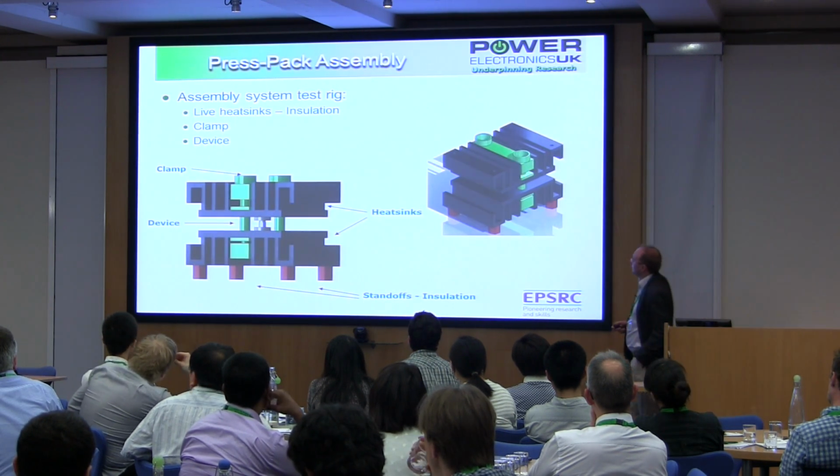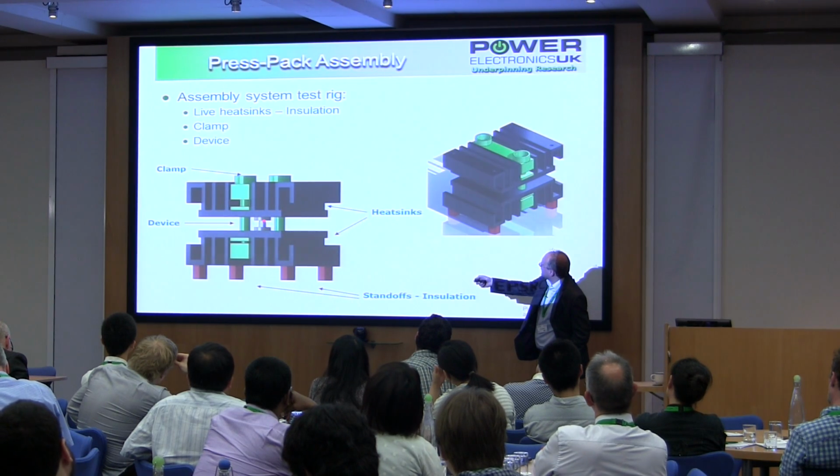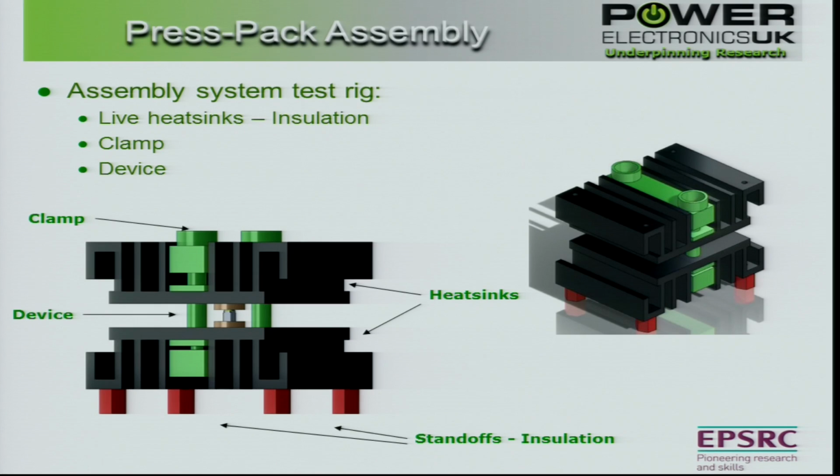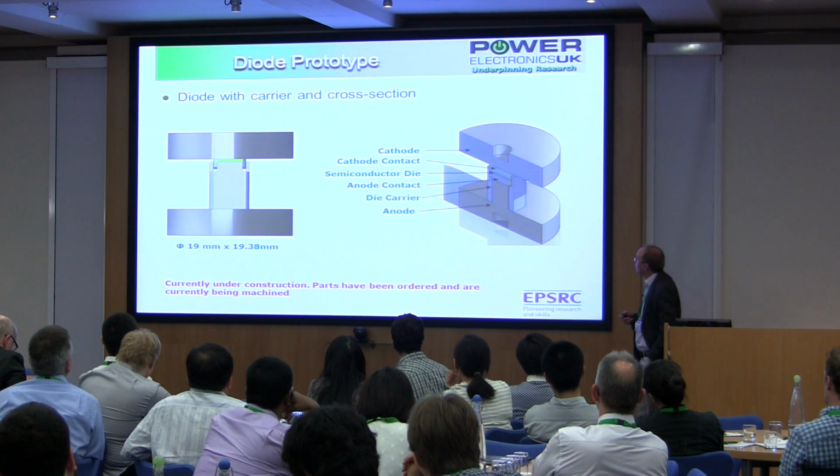So here's a drawing of what the overall test device is going to look like. You can see here the actual press pack cell with a die sitting in here, connected between these two heat sinks. A bit more detail here. One of the things that we're interested in doing in particular, and of course this is all to do with increasing reliability of the device and figuring out how the device is going to behave over a longer period,